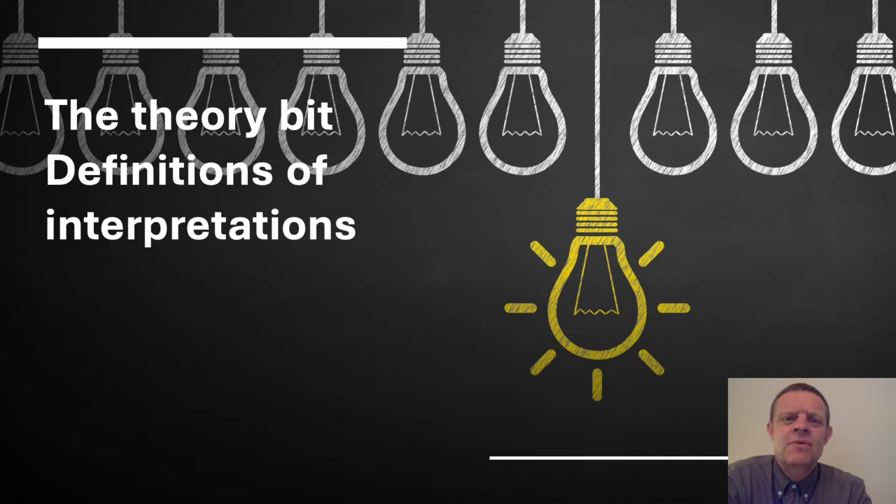So let's return to a bit more theory now. I'm sorry to talk about England, forgive me, but it is the context that I work in. So in England, since historical interpretations were introduced as a concept in the first version of our national curriculum in 1991, there seems to have been a lot of confusion about what an interpretation actually is. And teachers, time and time again, seem to have confused working with interpretations with working with contemporary sources. And the two are subtly different.